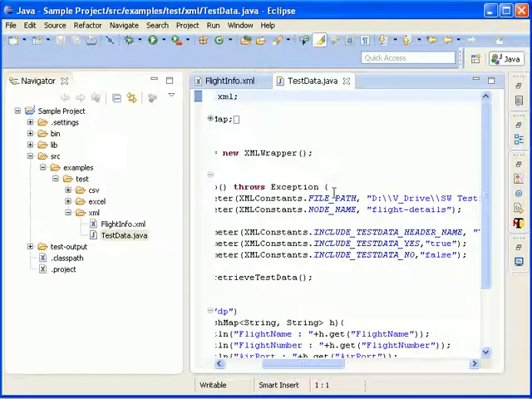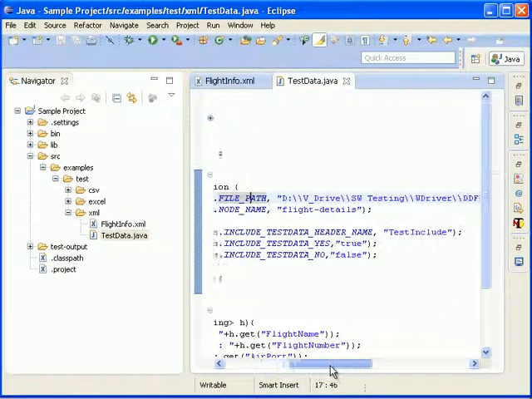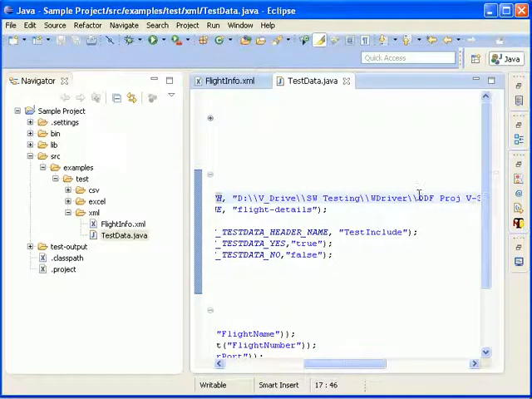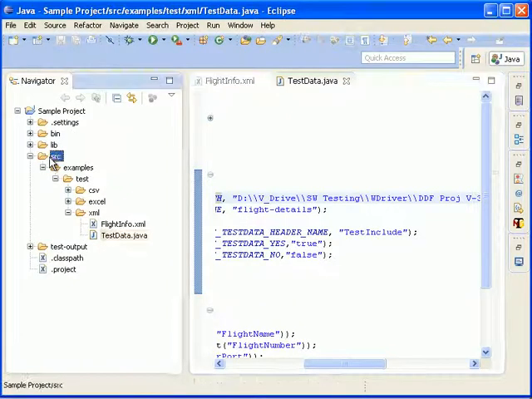In the parameter we'll set the file path. Whatever file path is there does not represent the file path which we have in the Eclipse IDE, so let me update the file path.